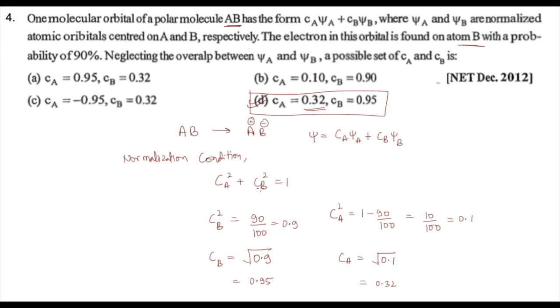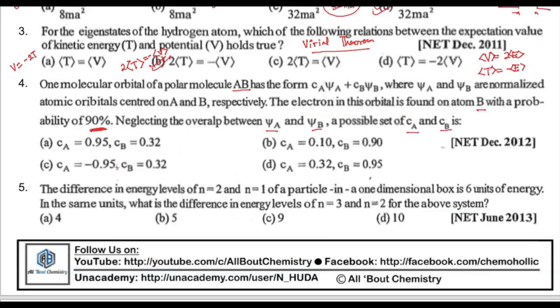Alright, so I hope this is clear to you. Let's go to the next question then. Alright, let's talk about question number 5. It says that the difference in energy levels of n equals 2 and n equals 1